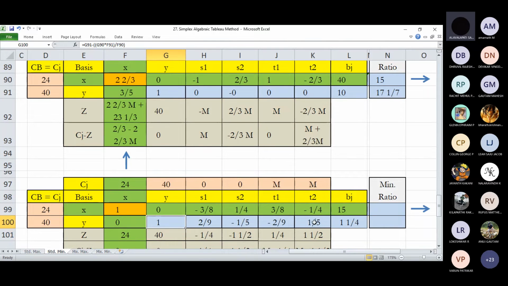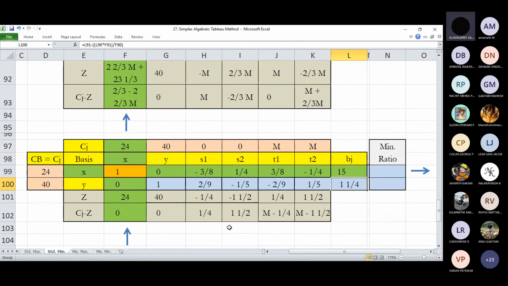Right? So you repeat the process until Dj, which is 1 by 4. Now we have the values of x and y. X has coefficient 24, and y is 40, since we copy pasted here. Right? So now we multiply 24 into 1 plus 0 into 40, which is 24. 0 into 24 plus 1 into 40 is 40. And you do the process for the entire table.